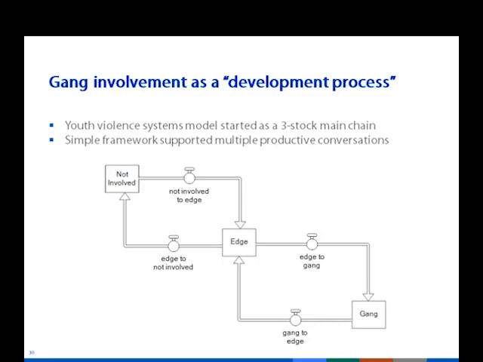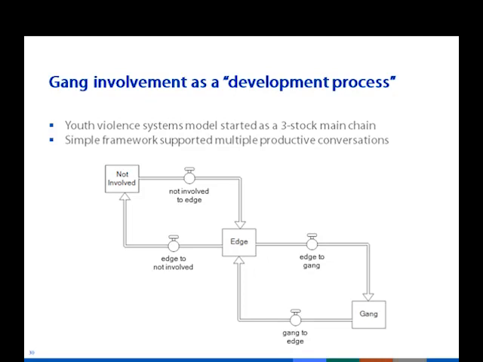Here's another example of a development process, and in this case, the development isn't really a good thing for society. The map, a 3-stock main chain, was something that I developed as part of a set of conversations around youth violence at the outset of the project. Participants in the conversation, as I recall there were about 8 of us around a table, spent the bulk of a 2-hour meeting discussing the drivers of youth violence in the context of urban neighborhoods. At some point in the second half of the meeting, I drew a map like the one shown here